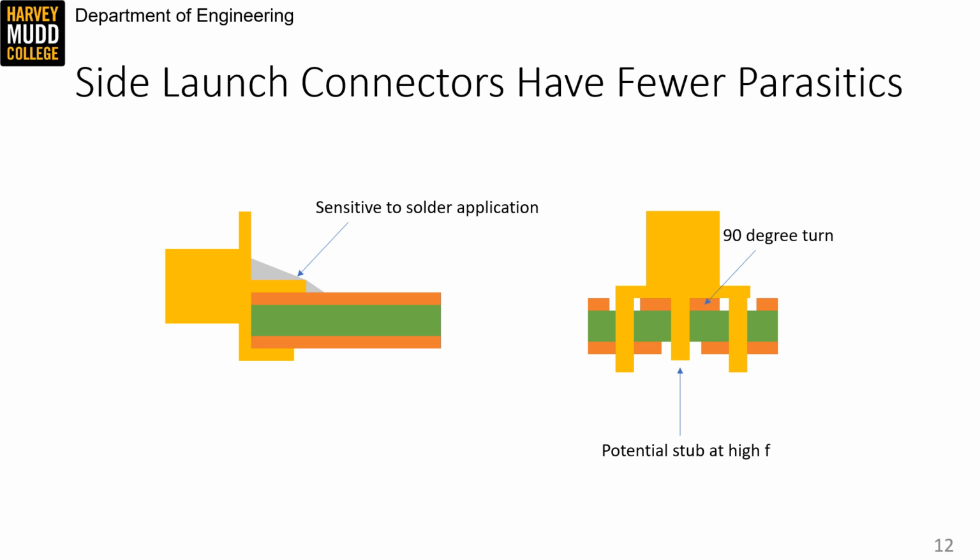And that's good because the number of side launch connectors on a board is limited by the perimeter, and it can also be very difficult to route from the middle of a board to the edge. So don't be afraid of a vertical connector when it's appropriate, but prefer side launches as a rule of